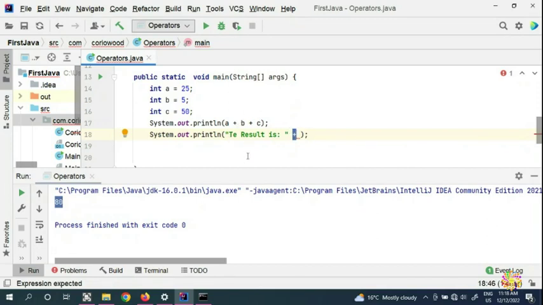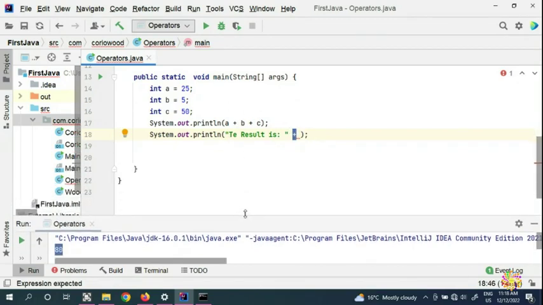How are we going to use this one for this one? How are we going to do this? Because if I put a plus now, Java is going to think that I'm performing an arithmetic addition operation. So how we're going to do this is to open another parenthesis here, and you can do exactly the same one here,